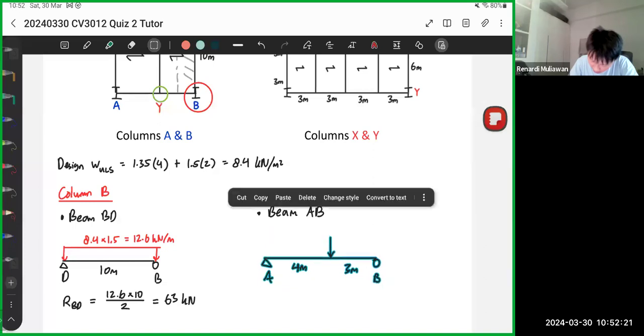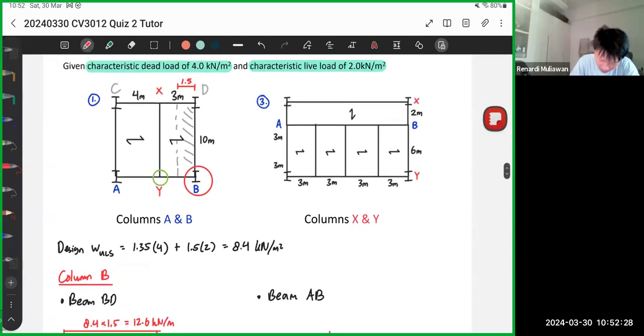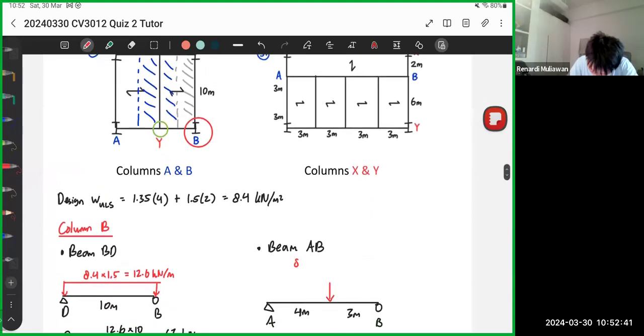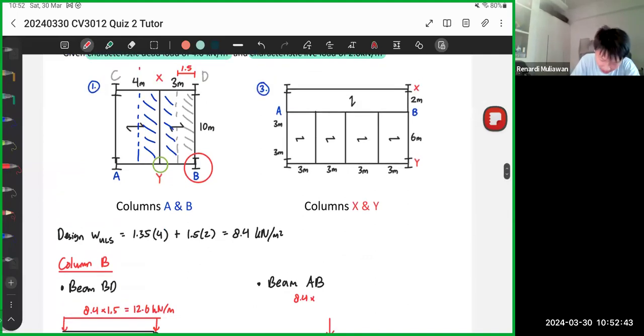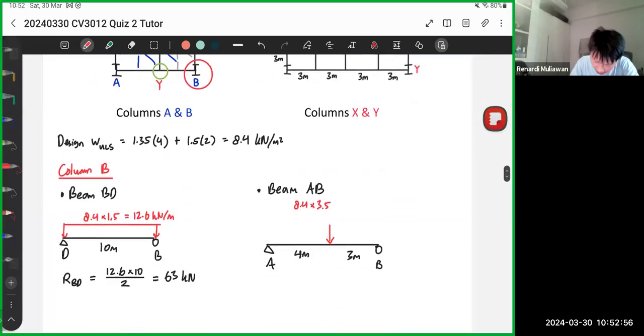Okay, so what's the loading? The loading, right? We must use tributary area. Again, the point load, where does it come from? It comes from here and comes from here. So the point load is 8.4 multiplied by this length. So it's 3.5, right? Because this is 2, this is 1.5, so this is 3.5. So 8.4 times 3.5 times the length, which is 10,